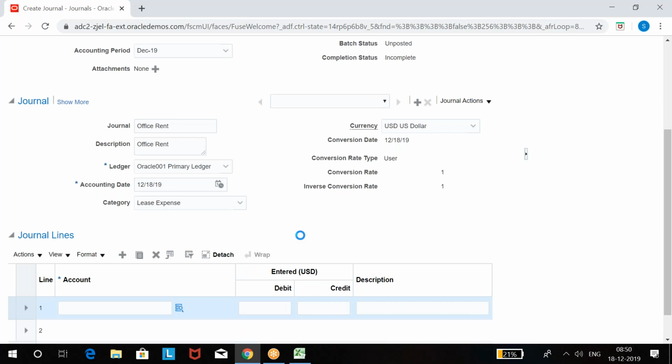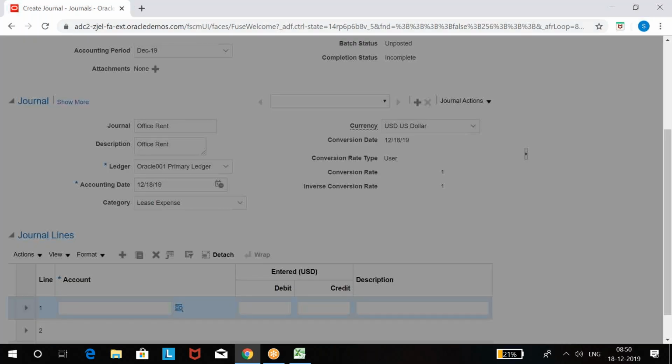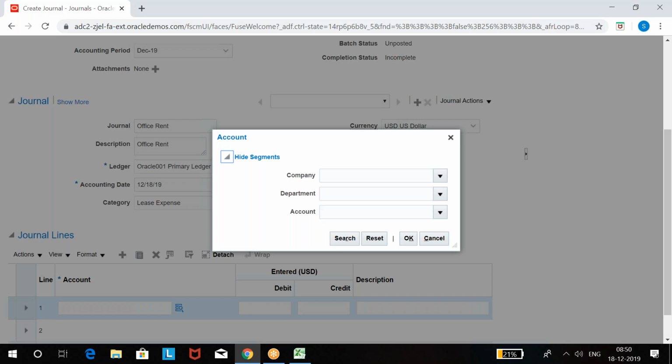Here, from which company and from which department, if location is there, from which location, all we need, and which account.